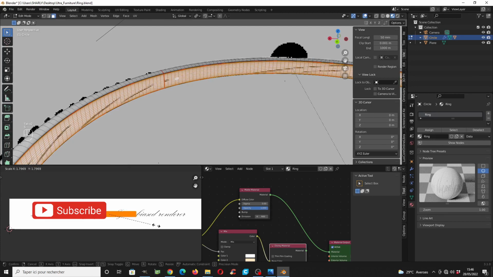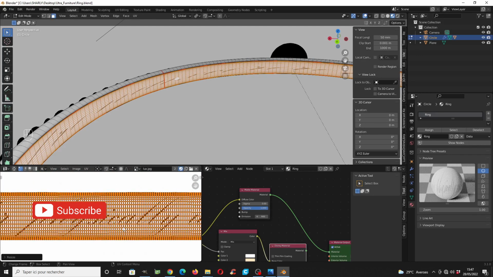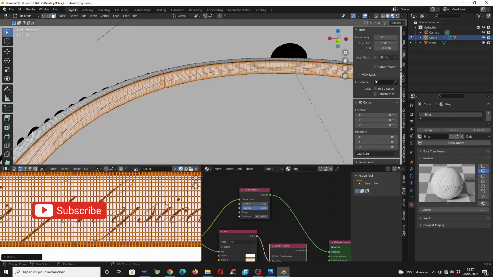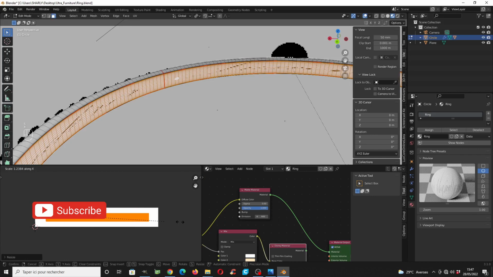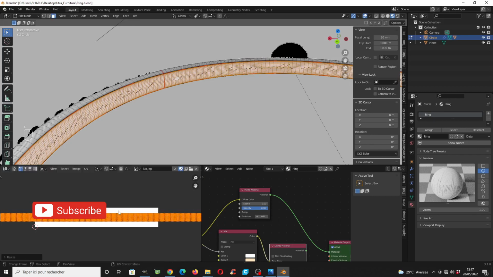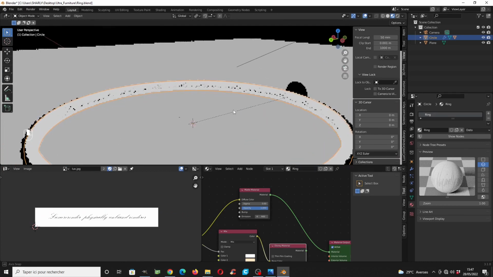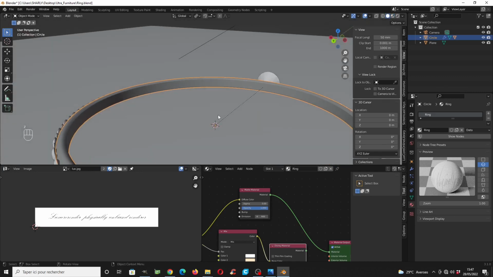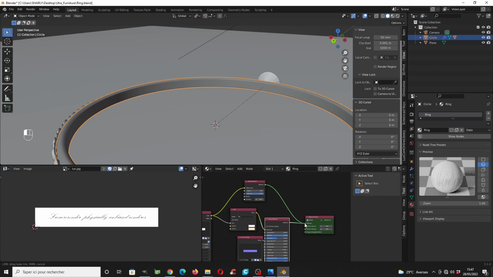So we need to scale now here, so that we cover all the letters here, and we can scale on the x-axis also, so that we have the letters all around. So you can see LuxCore Render, physically unbiased render. Okay, so I think this is correct for the moment, so we can switch now to our original material, so